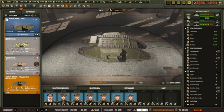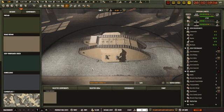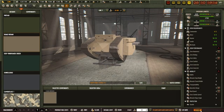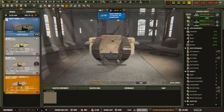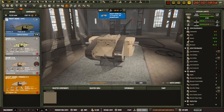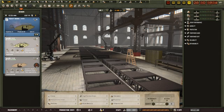Okay, that's the crew. Just that. And those are the only things to be set there. Gosh, these are huge. But we'll have these done. I will be building like a couple of these